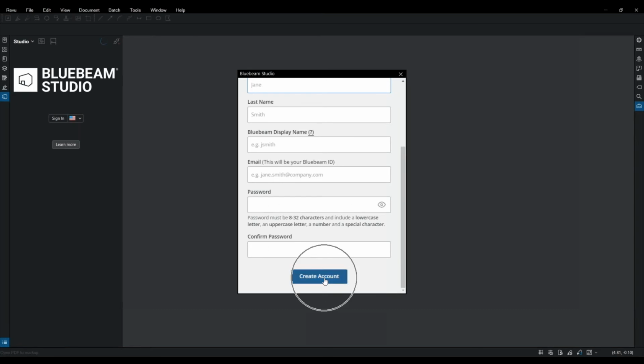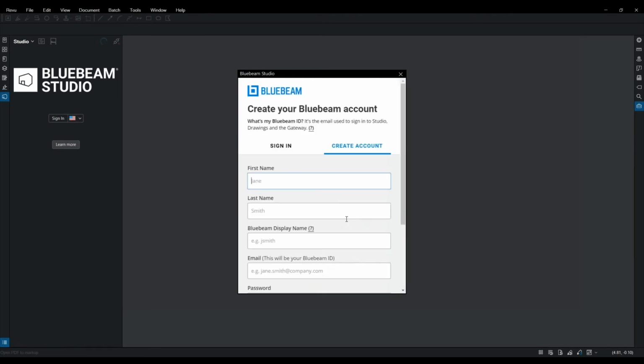When you hit the option that says create account, you're going to be prompted with a new dialog box that has our terms and conditions on it. Scroll through that all the way to the very bottom of your screen. You're going to see an option that says you accept. Go ahead and click on that option. Another dialog box is going to prompt. It's going to have 2 steps to it.